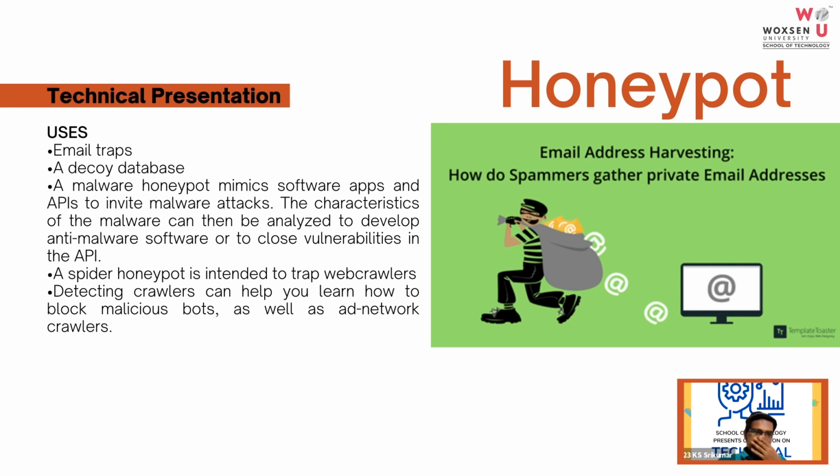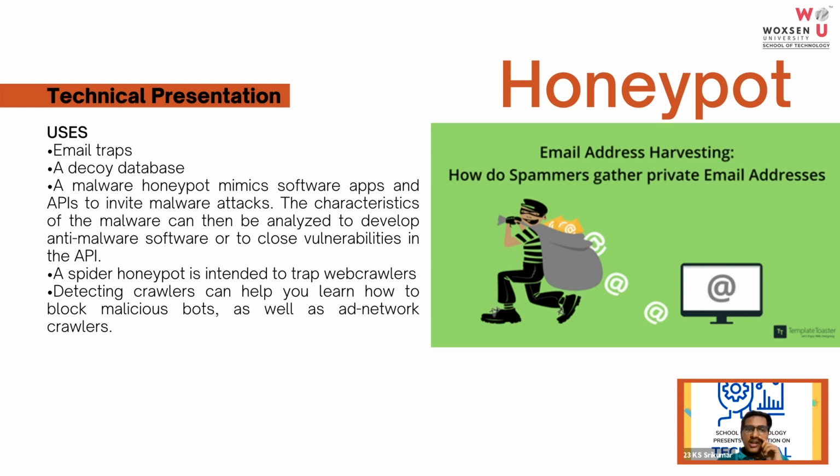Then next, a decoy database. Mostly a database can be easily corrupted by something known as SQL injection. And when you corrupt a database, the firewall and our normal security systems will not detect it. So what a honeypot does is it creates a fake database and provides a lump sum of data. It provides so much data that the hacker will get tired and stop hacking. And even if he doesn't stop hacking until he compromises the decoy database, the cybersecurity team or the white hat hackers in the corporation will form a solution to it and block the hackers.